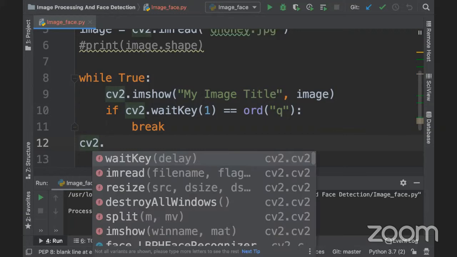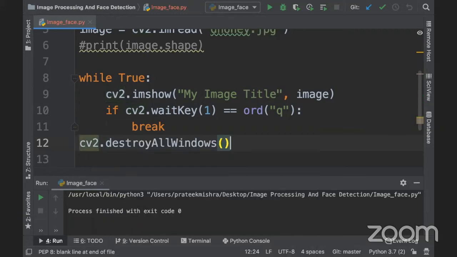cv2.destroyAllWindows. What this command does is destroy your windows. It will destroy your pop-up window, or whatever you have opened. When you open an image, there is one window opened by your imshow command, right? So after closing the loop, I want to destroy all the windows, whether it's an image window or your camera's window and all these things. Okay. So if I run this code,